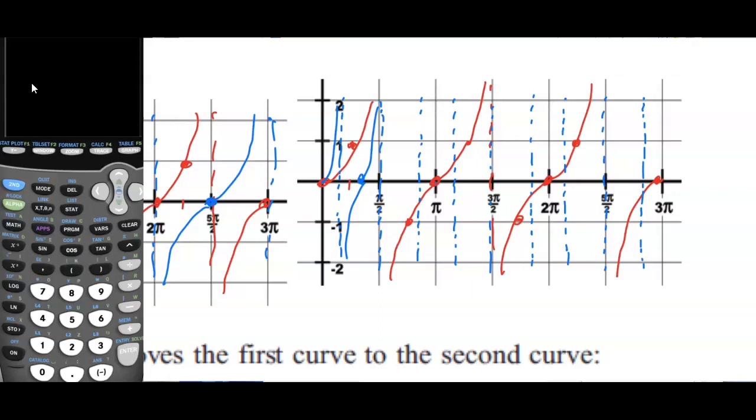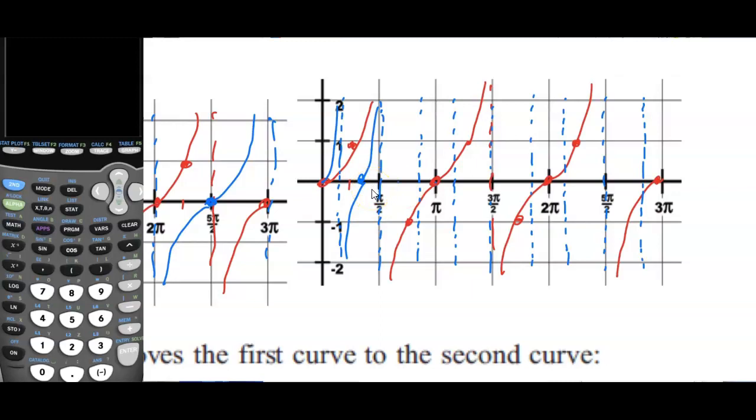So for example, this red asymptote here, I can't see it because I drew a blue asymptote on top of it. But pi over 2 is a red asymptote. Pi over 2 becomes pi over 6, and that's going to be over here. 3 pi over 2 is going to become pi over 2, so that becomes this one, and so on. So now instead of having asymptotes every pi, now I'm going to have asymptotes every pi over 3. So I have one here, one here, one here, one here, one here. Okay, and so I drew all my asymptotes every pi over 3,